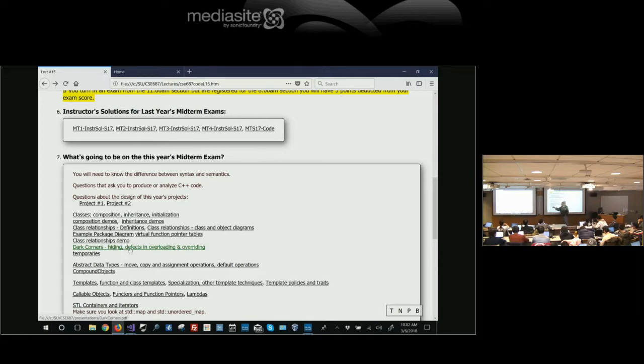Temporaries: you want to know when temporaries are constructed. A move operation happens on temporaries only, unless you specifically, with standard move, recast a non-temporary to a temporary. Temporaries are typically things that have no name. But I say typically because I may have a named thing inside a function, and as soon as I return, it's going to be destroyed, and so for return, it's a temporary. That's why I can't return a reference to something I build inside of a function.